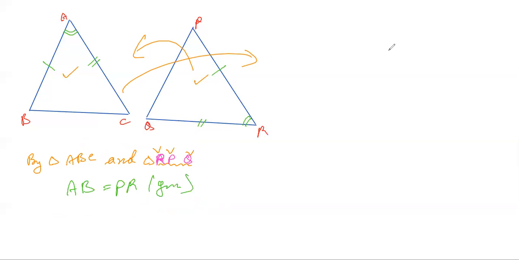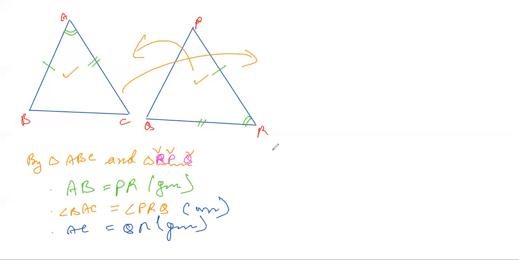The second one is going to be as the angle. So side, angle, side, ये भी हमको पहले ही सोच लेना है, उसके बेसिस पर जाएंगे। So angle BAC is equals to angle PRQ. And the third condition is going to be as AC is equals to QR. So again, it is also given here. It is also given. So under this situation, we will say triangle ABC is congruent. This is the sign of congruent. Congruent to triangle